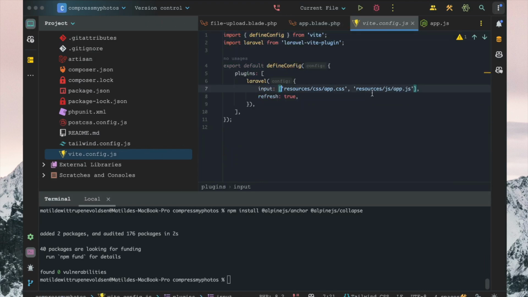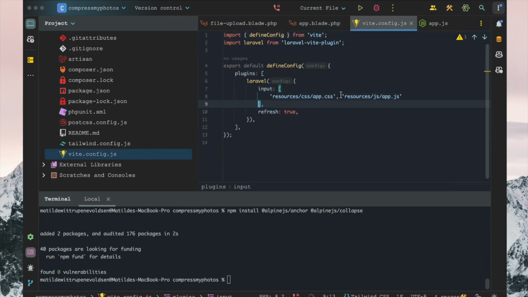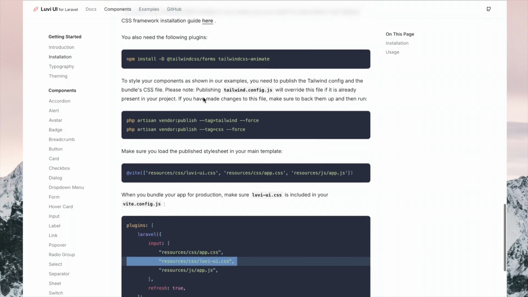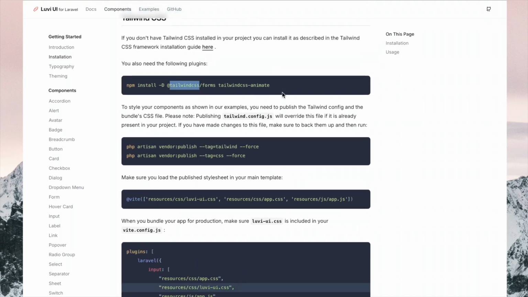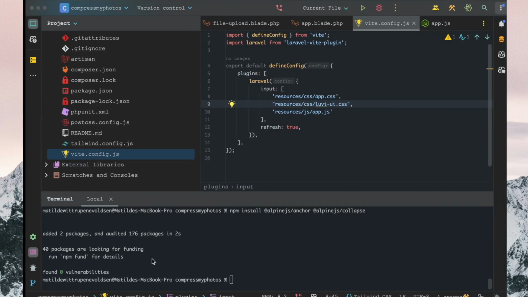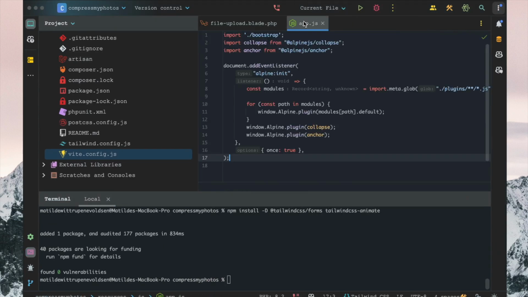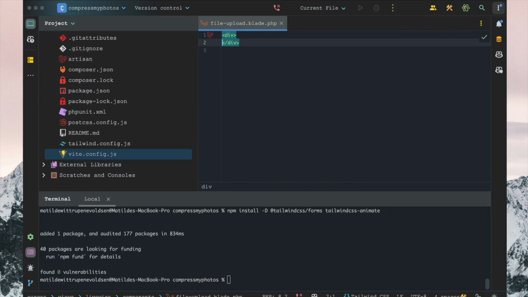So I'm gonna add these onto a new line just to make it a bit easier to read, and there we go. And outside of that, if you haven't already, make sure you install Tailwind CSS and Animate. I'm gonna go ahead and close this down here,